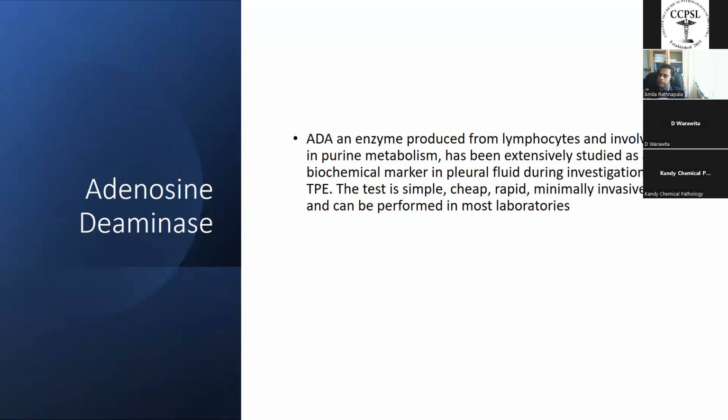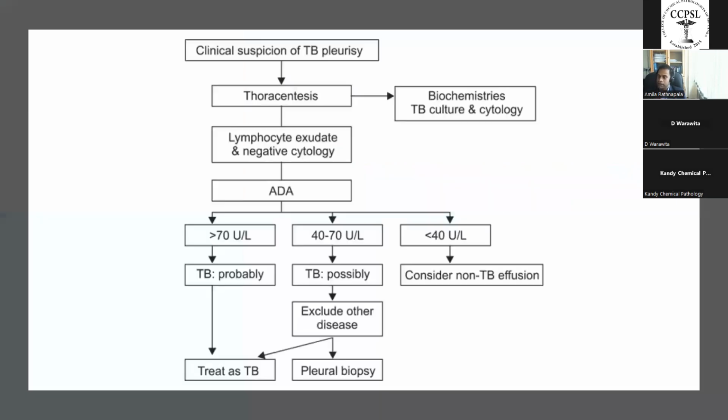Because when these lymphocytes are exposed to tuberculosis, they secrete this ADA in higher amounts. So if it is a lymphocytic effusion with higher ADA, that is very suggestive of tuberculosis. So when there's a clinical suspicion of tuberculous pleurisy, and we do a diagnostic thoracocentesis,